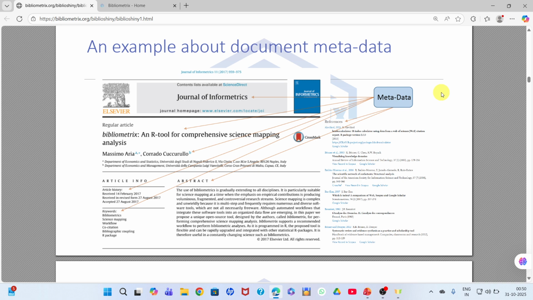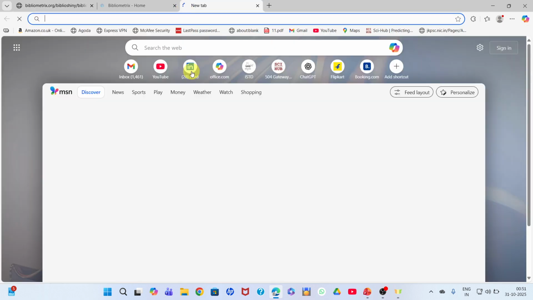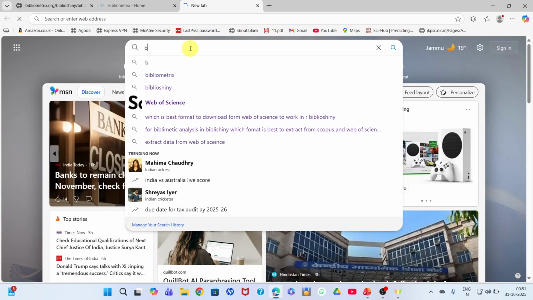Bibliometric analysis helps you arrange a large variety of data. For example, if you have 500 to thousands of papers, it will arrange all the papers and give you a presentation of the database of a certain specific field of study: what are the top authors, top journals, and top countries that are working more toward their topic. If you want to learn more about this, you can go to the website,